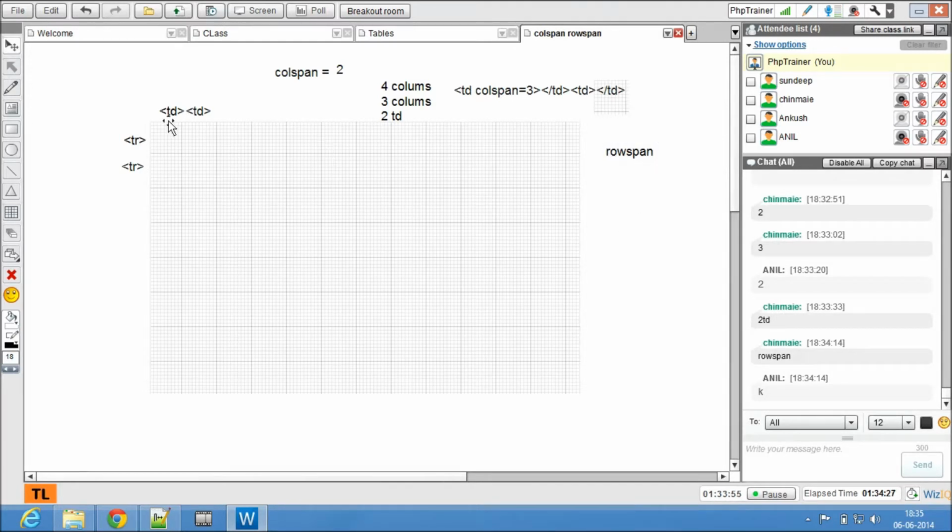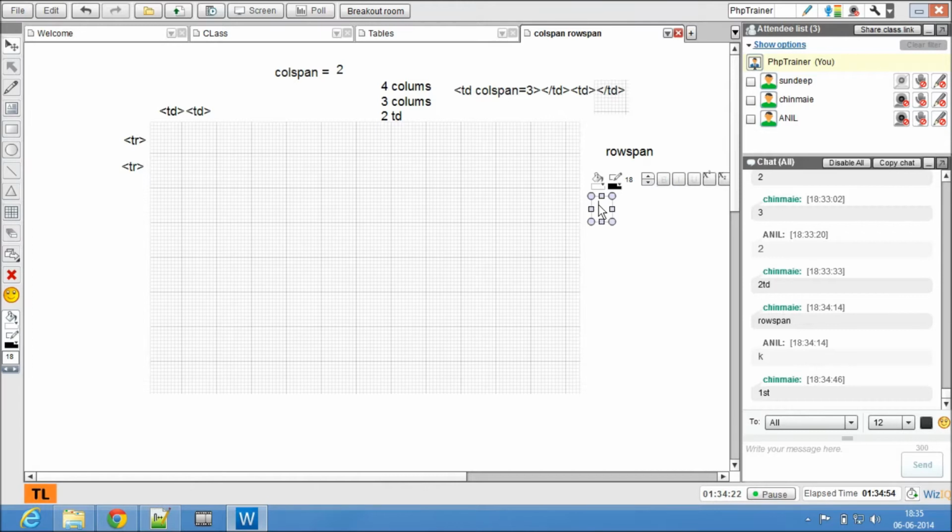Rowspan is fine, fantastic. So where do I write this rowspan? To which TD do I write this rowspan? So what happens to the second row TD?